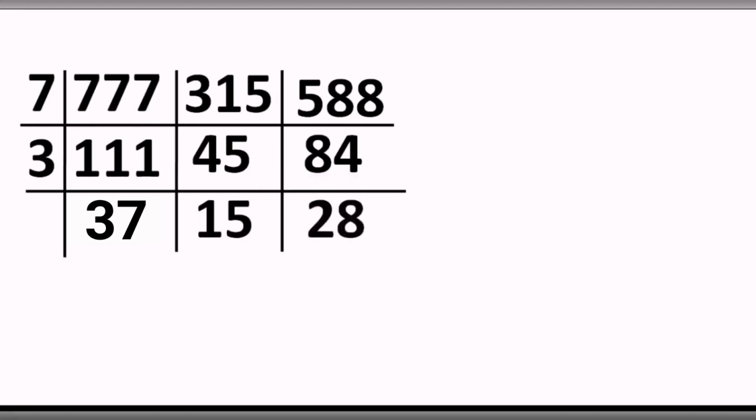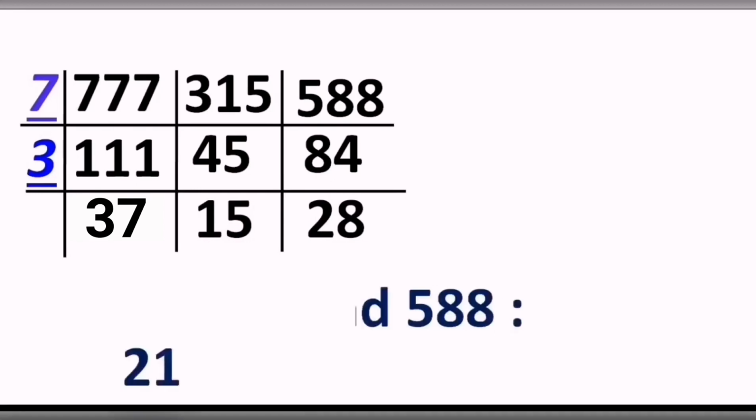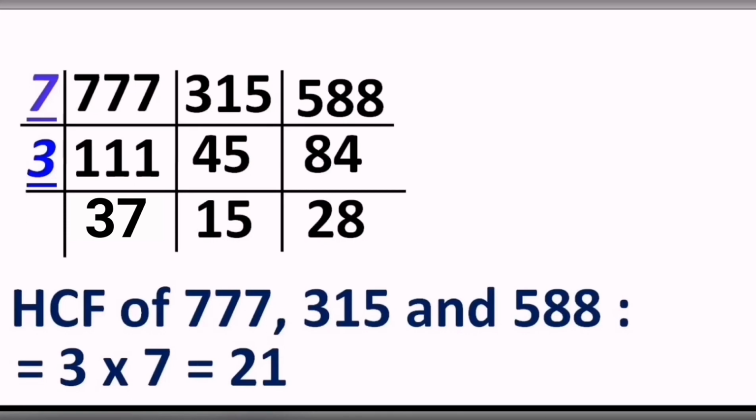Now if you observe the bottom layer, you will find that 37 is a prime number. That means these three numbers 37, 15 and 28 will not be present in one and the same table, correct? And that's why we have to stop here, because these three numbers are not present in one and the same number's table. Okay, and that should be prime. So we are left with only two numbers in the LHS, that is 7 and 3, and that's going to make our HCF. And if you multiply these numbers 7 and 3, we get the HCF 21, and that's what we needed.